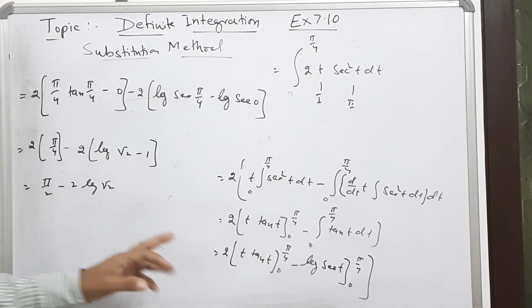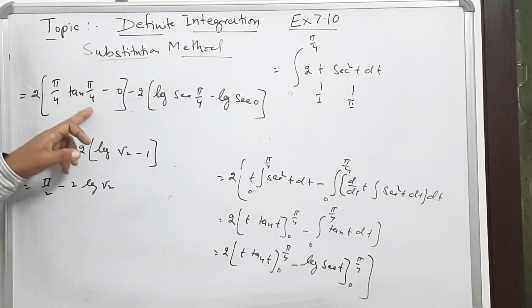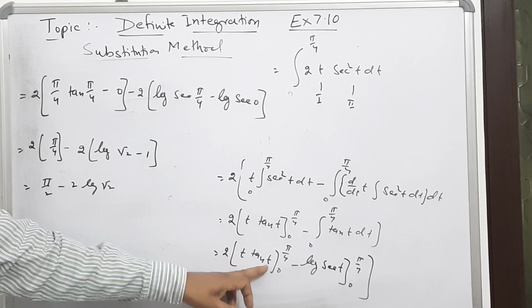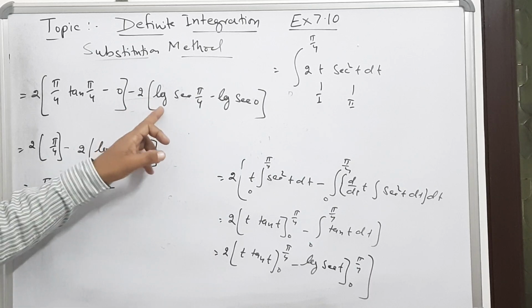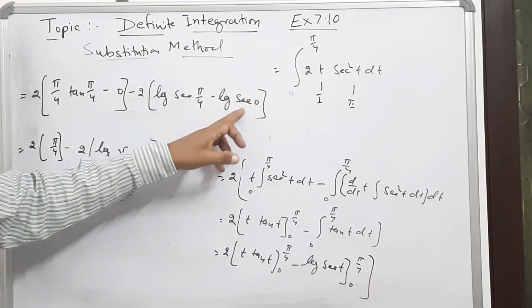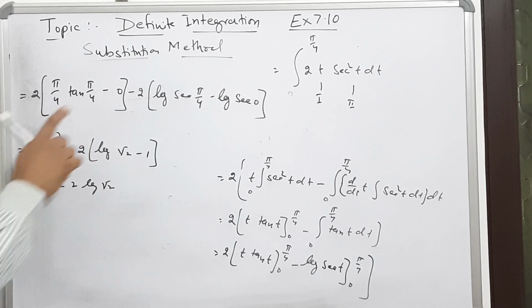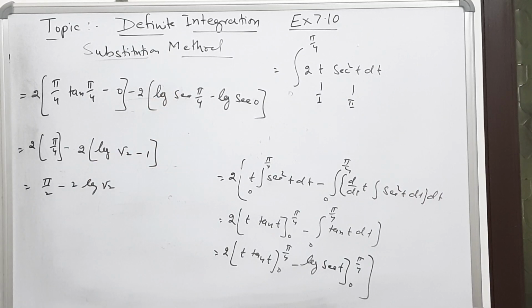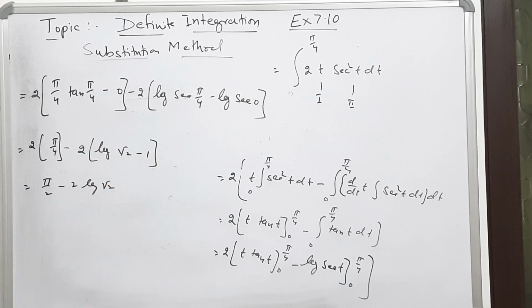Yes, if you see the next part now, you put the limit, it is pi by 4. So it is pi by 4 log tan pi by 4, and this 0 means this full part will be 0. When you put this pi by 4, this 2 is this 2, log sec pi by 4 minus log sec 0. Now tan pi by 4 is 1, so it is pi by 4 only, this is 0. 2 log sec pi by 4 is root 2, so log root 2 minus sec 0 is 1, so it is log 1.